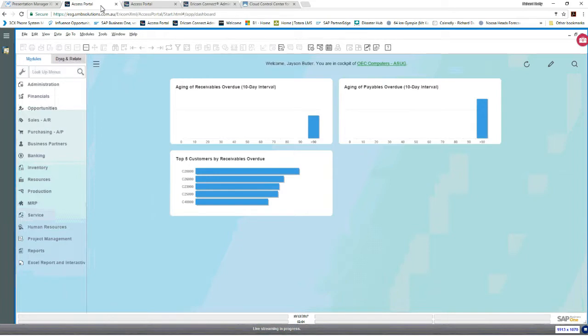As you're looking at my screen, it's not just a screenshot that you're seeing at the moment. I've actually got Business One running on HANA and Business One on SQL running here, and I'll be going into each one of these applications and looking at them in a bit more detail. Now, just so you're aware, you can probably see that these are running inside a browser, and that's because I'm utilizing a platform called Ericom Connect.